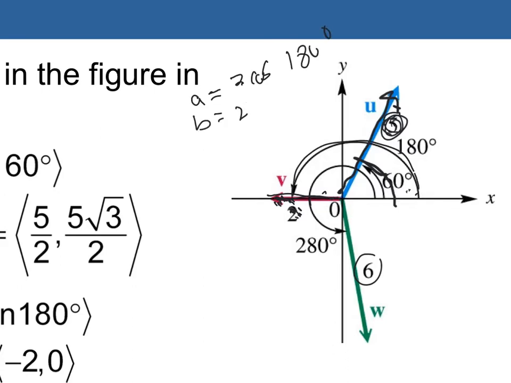B is 2 sine of 180 degrees. Cosine of 180 is -1, as you recall. -1 times 2 is -2. Interesting, see? 2 on the left. Now, sine of 180 is 0. So 2 times 0 is 0. -2, 0. Well, that looks like the ordered pair, doesn't it? -2, 0. So vector V,